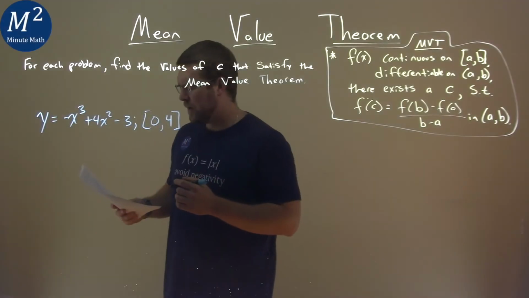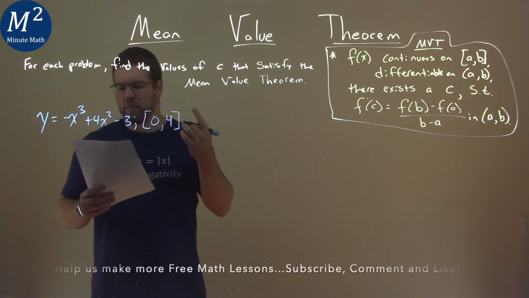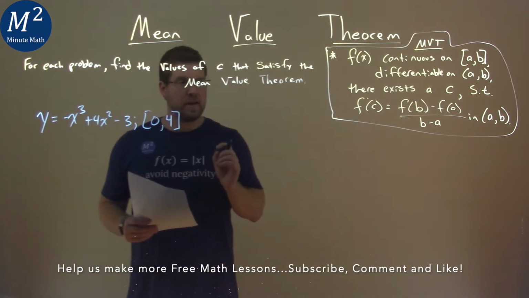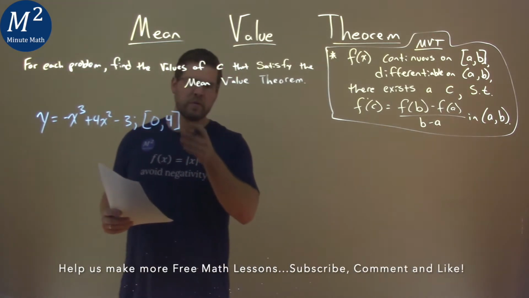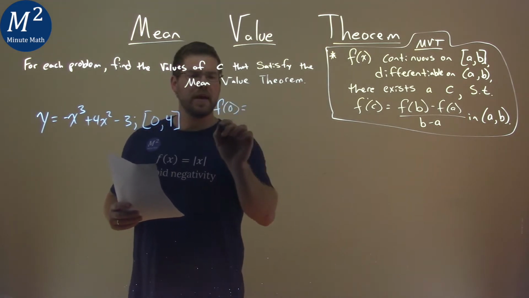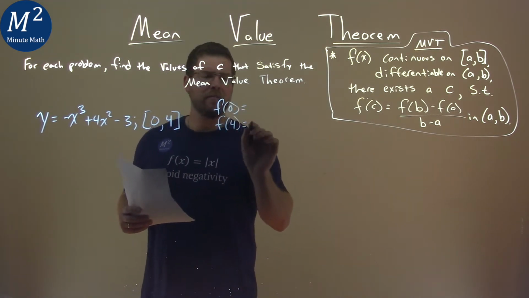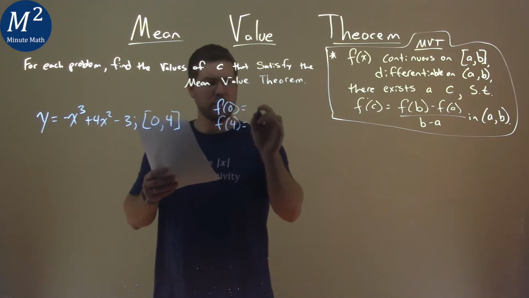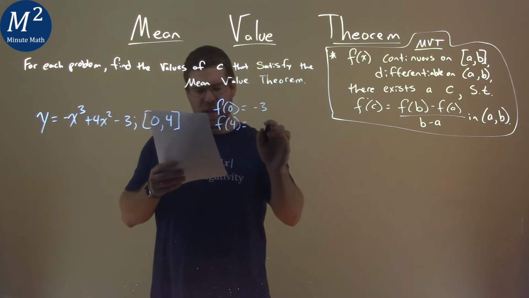We're given this problem right here. y equals negative x to the third power plus 4x squared minus 3. And we want to find the values of c that satisfy the mean value theorem on our interval from 0 to 4. First thing we want to find is f of 0 and f of 4. Now remember, we're plugging that into our original function. I found these values for you, and f of 0 is negative 3, and f of 4 is also